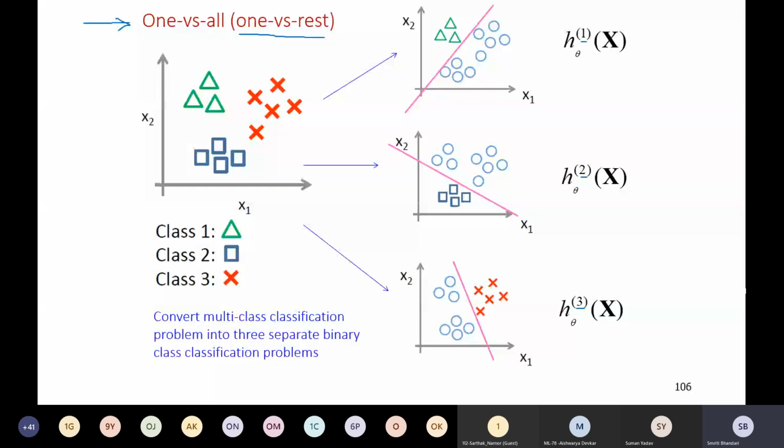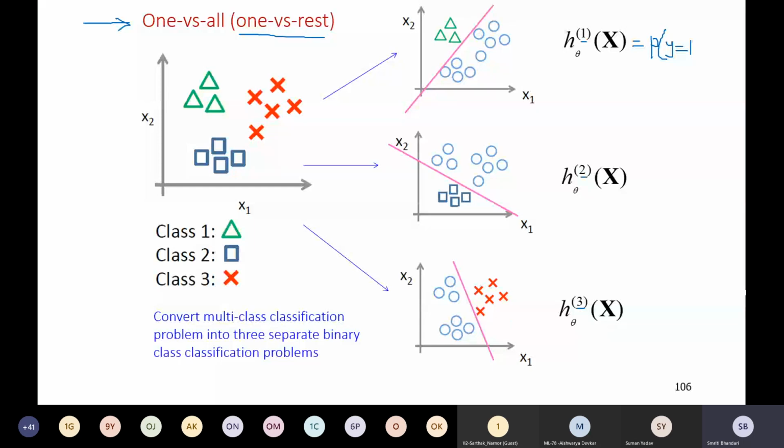So ultimately what we have done is we have separated our multi-class classification problem into multiple binary classification problems, and in every problem we have come up with one new hypothesis. This first hypothesis will provide us the probability that the class label is 1. Here 1 means this triangle, right? So we have the probability that class is 1. This hypothesis will give me the probability that class is 2, and this hypothesis will provide me the probability that class is 3.